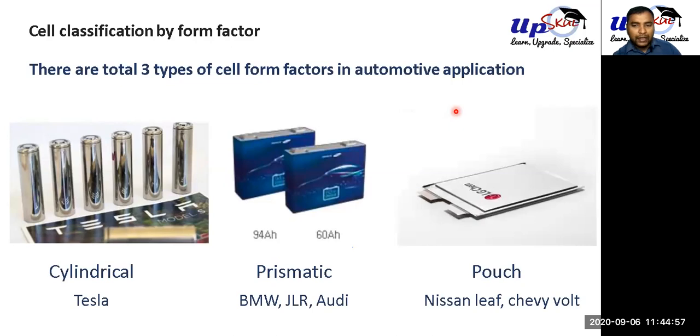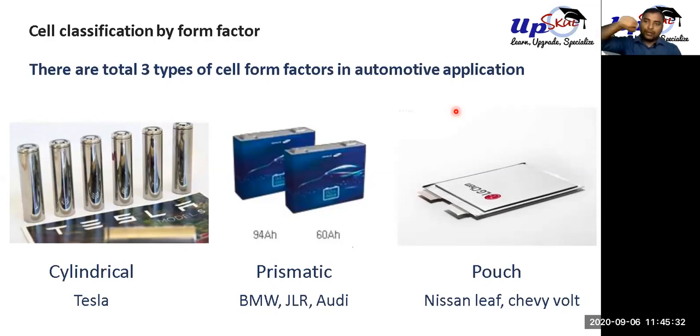And at the end, we have the pouch battery, the poor man's battery. This one is used in the Nissan Leaf and Chevy Volt, this kind of cars. This kind of battery, similar to your mobile phone battery, has difficulty dissipating heat. Think of it: it's a pouch, maybe 5 or 6 millimeters thick. If you use a flat plate to eject heat from both sides, both sides are ejecting heat, but the layers, the lithium-ion battery thing is a